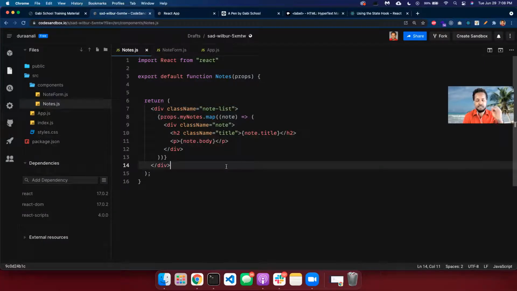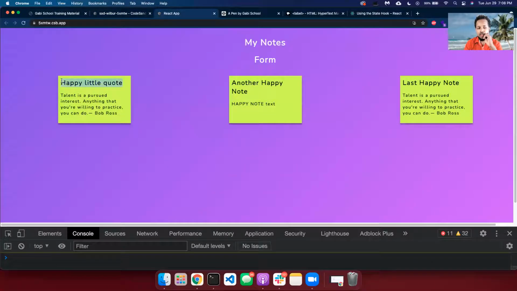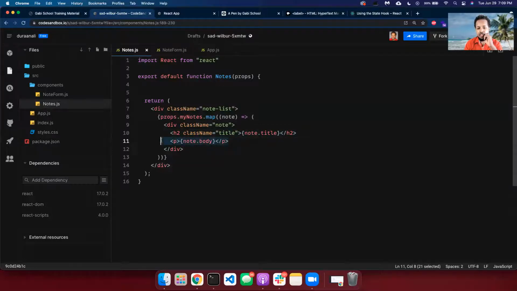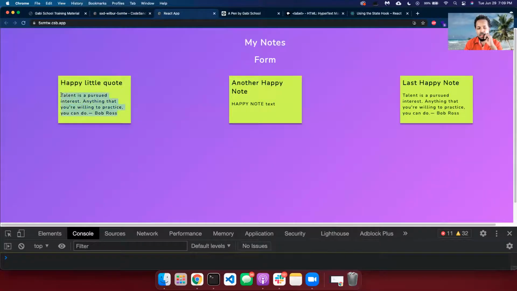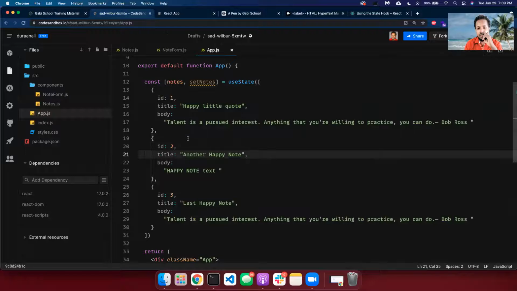And for the things you're gonna display, right now we're showing a note, and we're showing the body and the title, right? So each one you're gonna put an H2 or a key tag, something like that, element. So the title is H2, which is right here. This title is H2, and the body is just a paragraph, which is just this text, right? In case you have, let's say, a picture, for example, you're gonna put an image. So this is the data that we're rendering, and if we have more stuff here,